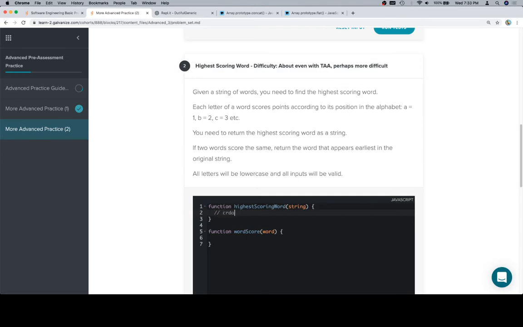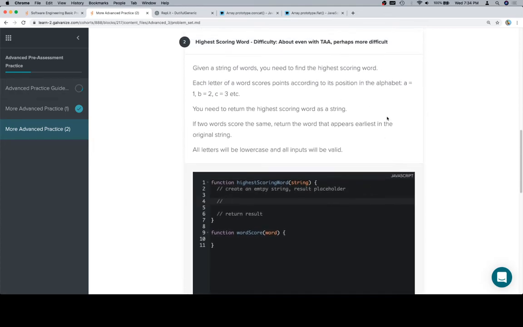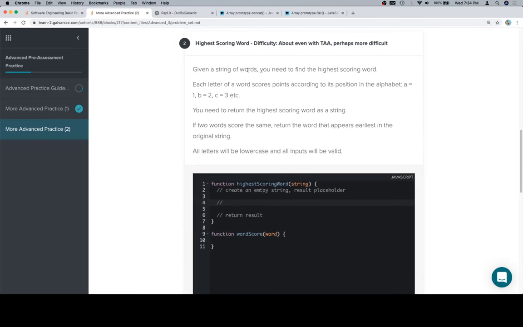We'll say create an empty string. And this is just a placeholder. Okay, so create an empty string, result placeholder. In the very end, we're going to return our result. Man, I really should have put in some more examples for this. Okay, so string of words, I'm going to assume that what they mean by that is a sentence. So that's going to mean it's a string with a bunch of words that are separated by spaces. So I'm going to split input on a space, and then iterate over the split words array. And then for here, I'm going to,